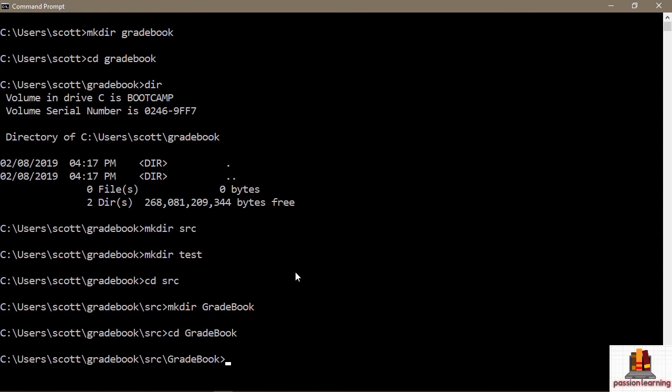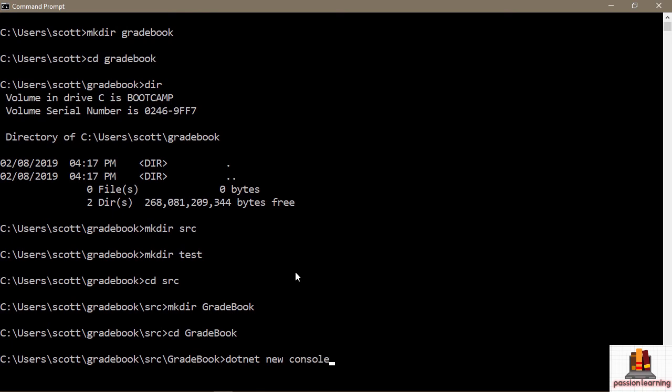In really large projects, you can have dozens of directories inside of the source folder. And each of the directories inside of here can represent a project that is part of a system. It could be an individual application, or it could just be a component that is part of a larger application. We're going to build a relatively simple system that consists of just this application project and a unit testing project, but I'm trying to show you a conventional directory structure that you will see for .NET Core projects and .NET Core solutions. So it's here inside of gradebook/src/gradebook, where I will use the dotnet new command to say